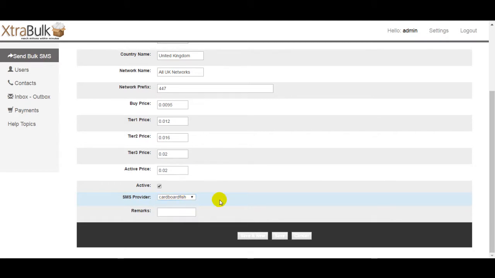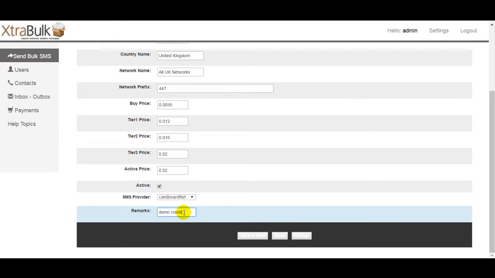For sure, if you have a different provider and you want to integrate it, we can integrate any SMS provider HTTP API for an additional fee. Okay, and here you can input some remarks for demo, and you click save,